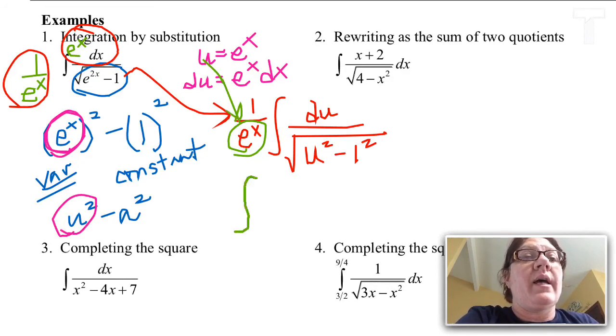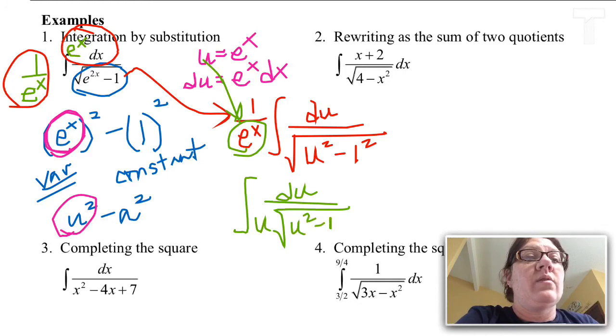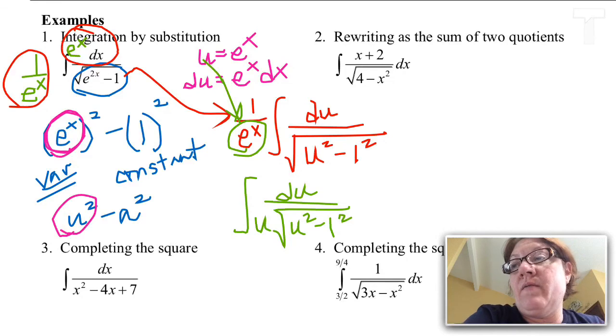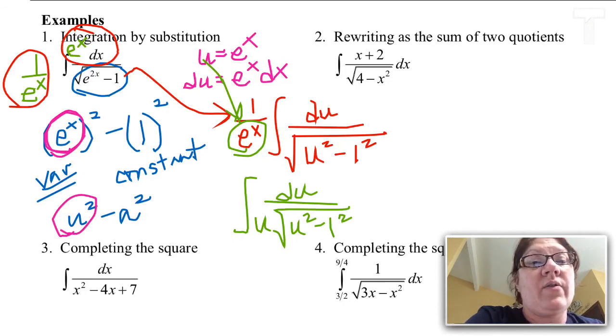So what I really have is du, and then a u on the outside, and then u squared minus 1 squared. And then when I go back and check to see if this fits any of the forms that I have up above, I go, oh yeah, this looks just like the third version where I have the u outside,